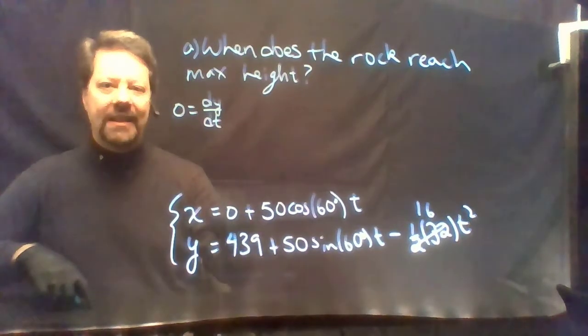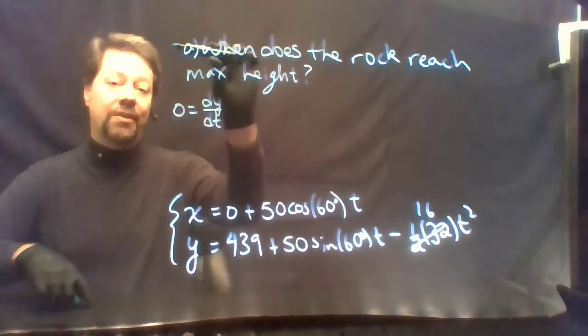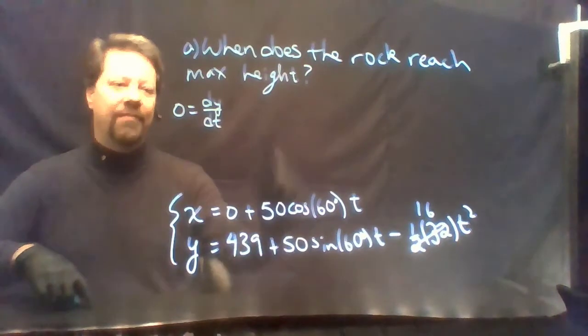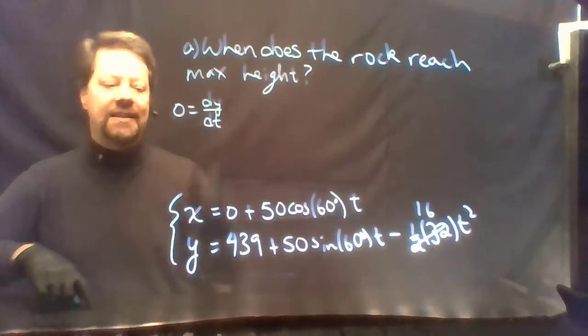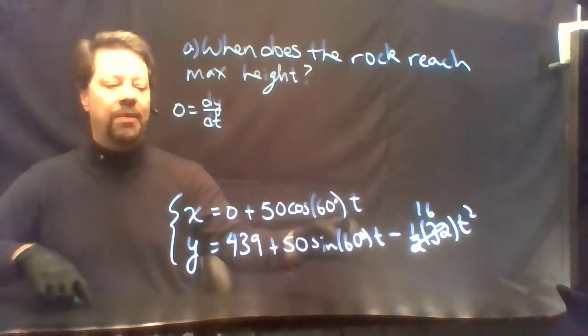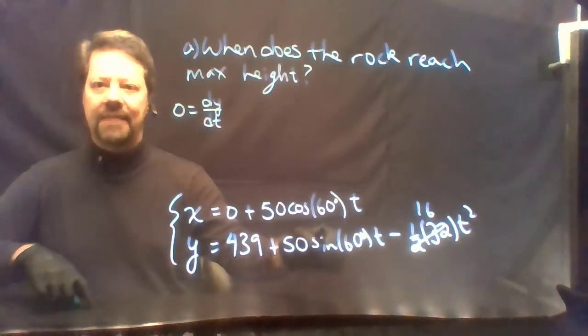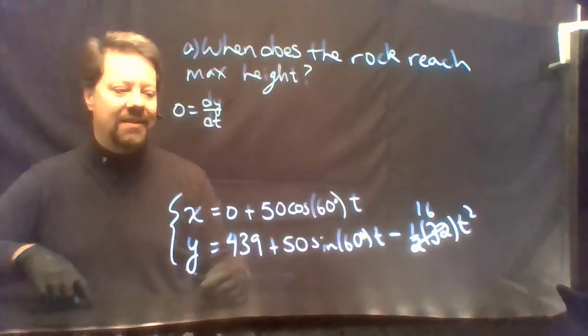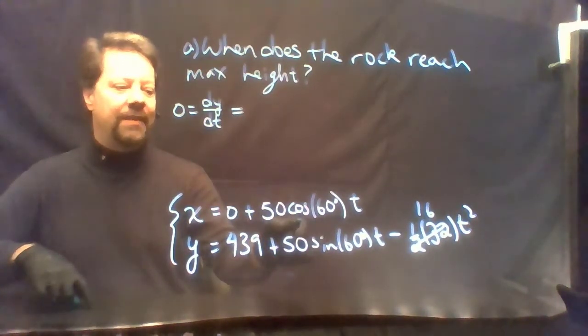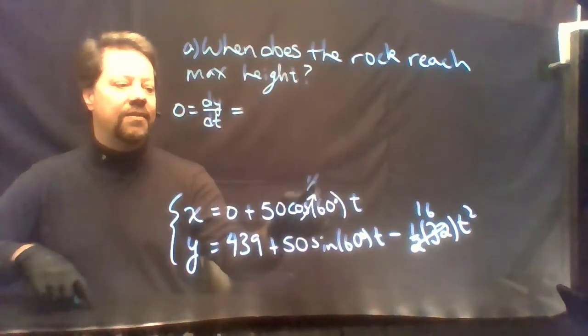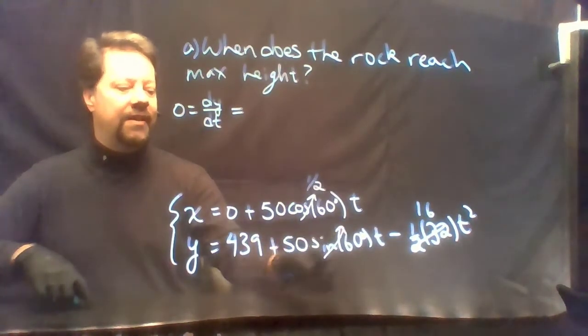We expect dy dt to be positive for a while, to go to 0, and then go to negative. It'll reach the maximum height when the vertical component of velocity is equal to 0. The horizontal component of velocity is the constant 50 times the cosine of 60 degrees. Cosine of 60 degrees, by the way, is 1/2. The sine of 60 degrees is